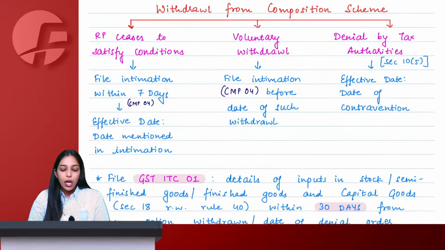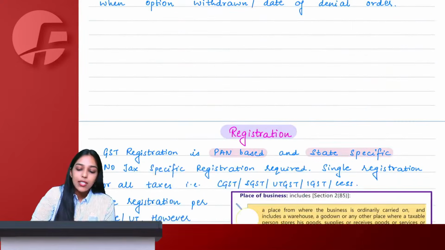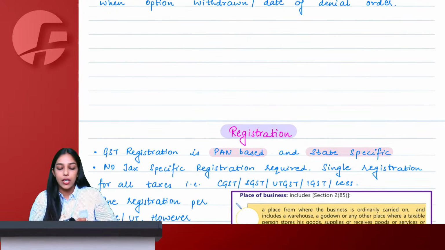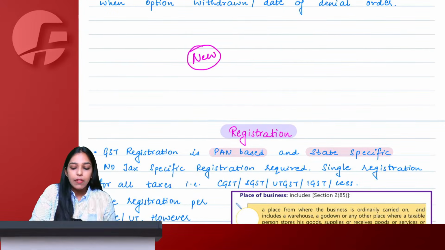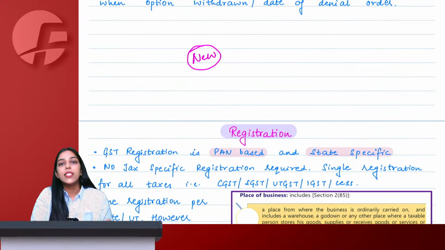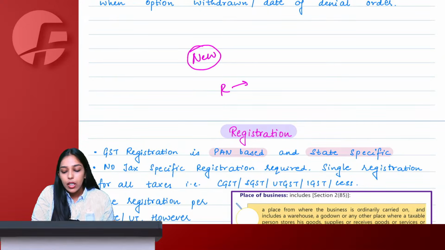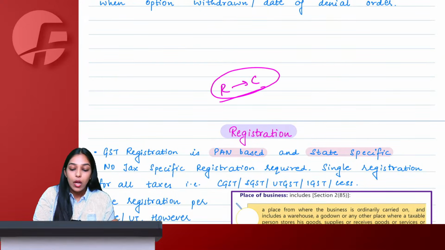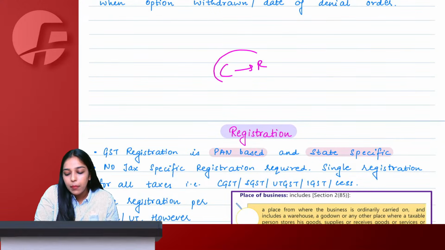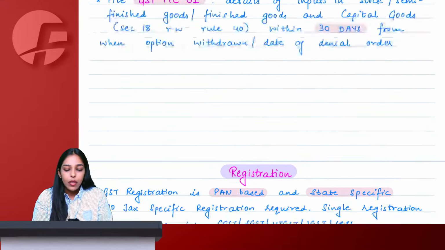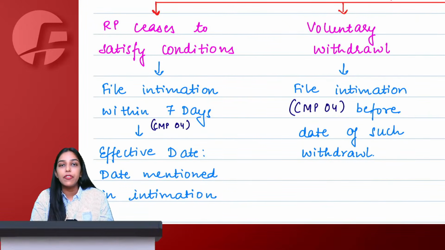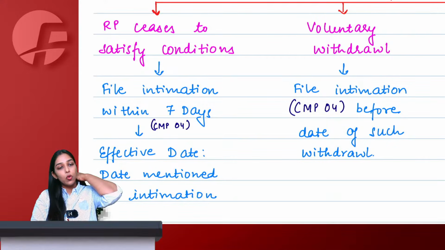Got it. Which ultimately comes to the last point of the chapter, which says, ma'am, we understood how to go into the composition scheme. If we are taking a new registration, while applying only, we will say we want to be a compo. If we are already registered, we can still, from the beginning of the financial year, convert ourselves from regular to compo. But ma'am, I want to come out of compo. From compo, I want to become regular. Then see, one is a very genuine case. My turnover exceeded 1.5 CR, 50 lakh or 75 lakh, which means I am no more eligible.